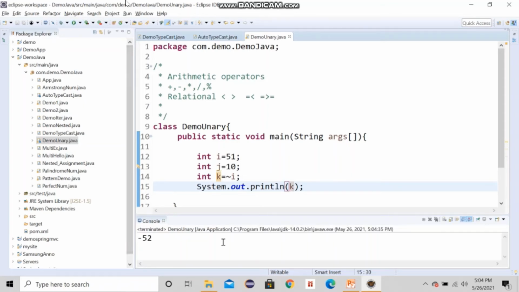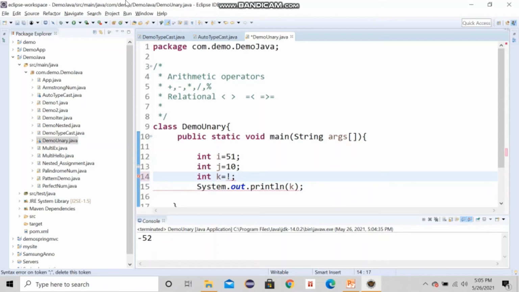Okay, so it is reversing the number, and it is taking the positive numbers after 0. That is the reason it is 52. First it reverses the sign, and then takes values from 0 onwards, and that is the reason it is counting till there. Now suppose I want the not operator.